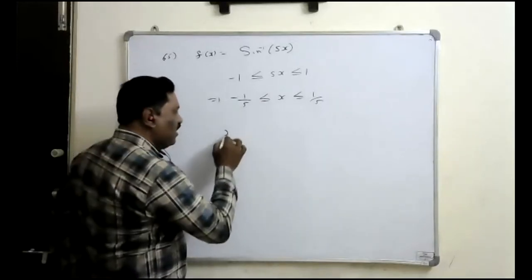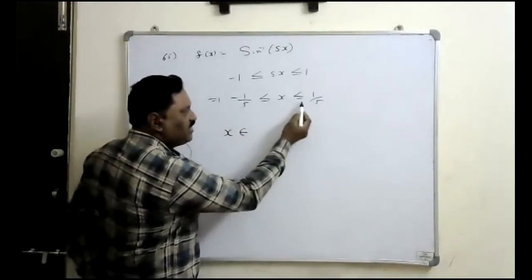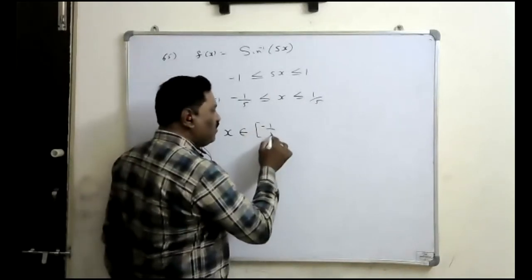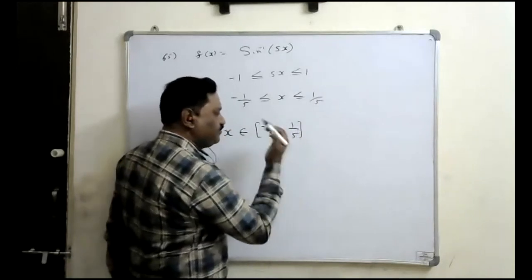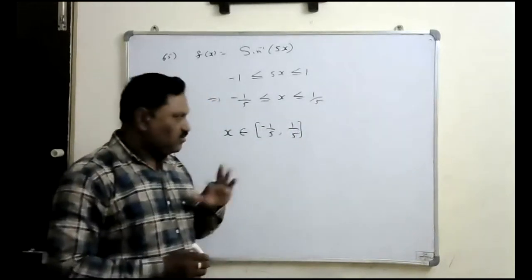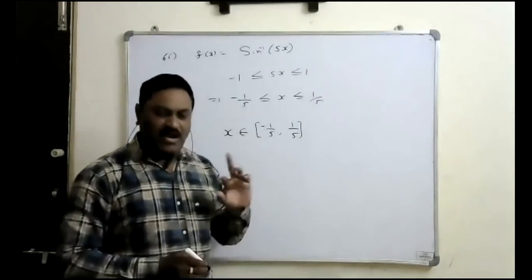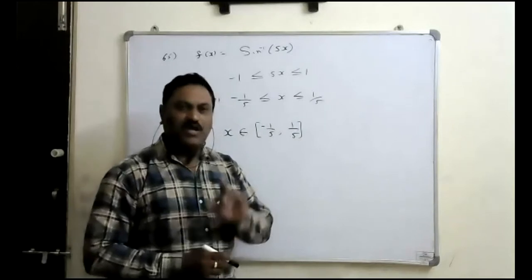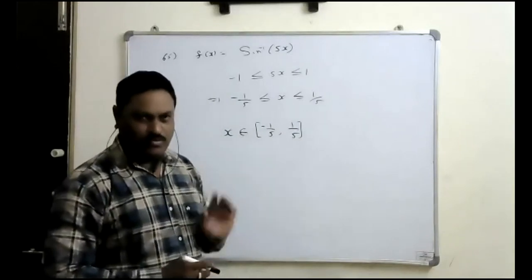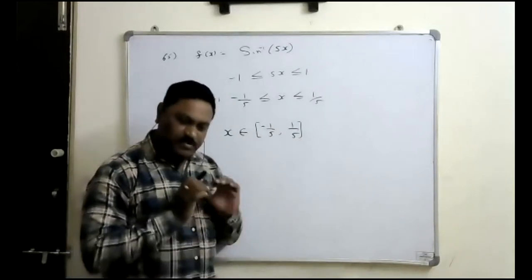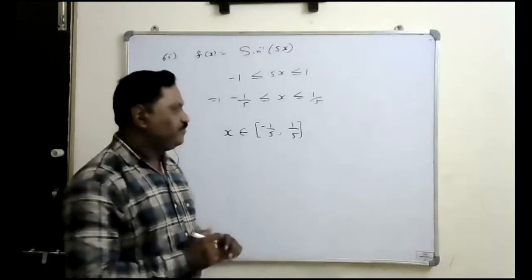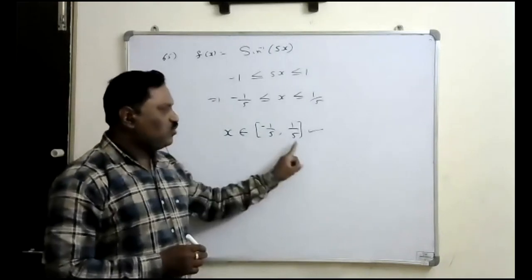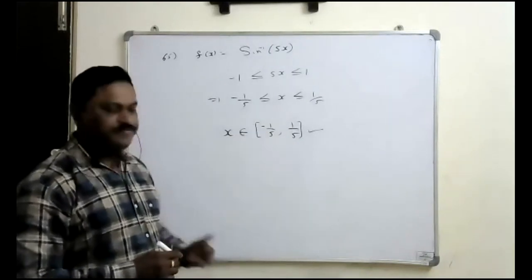You can also write it like that: x belongs to, because equal to is there now. When equal to is there, we have to take the close bracket: -1 by 5 comma 1 by 5 close. Because here we can't write the bracket as you like. Different brackets have different concepts, right? If you put a curly bracket in place of a close bracket or open bracket, you will compulsorily get 0 marks out of 2. That's why don't write like that. So the bracket concept is there. You have to use that particular bracket only. That's why this is the domain of that particular function. x is going to lie between -1 by 5 and 1 by 5, close bracket, because equal to is there. So write that down.